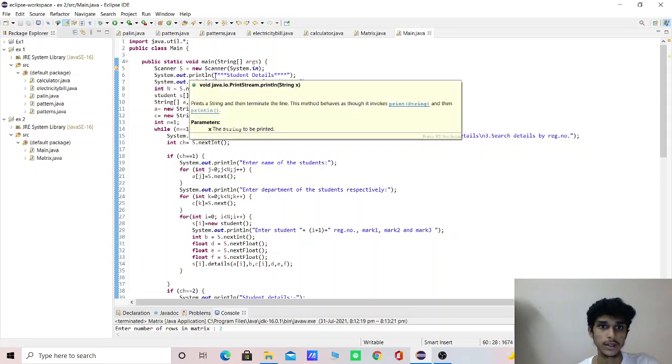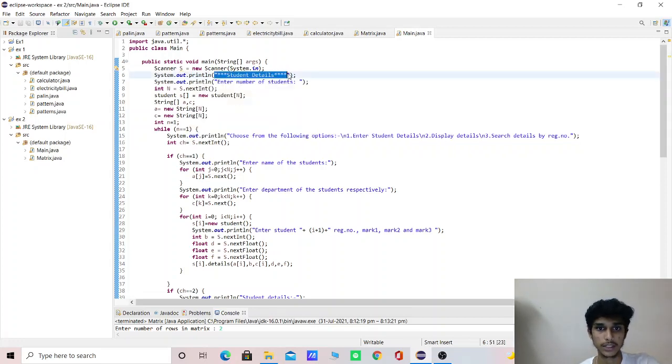It just shows the student details. First it shows student details, then I'm giving the user input to enter the number of students. Then a is equal to new String, c is equal to new String[n]. We are giving a menu-driven program here. So int n is equal to 1, while n is equal to 1, it prints